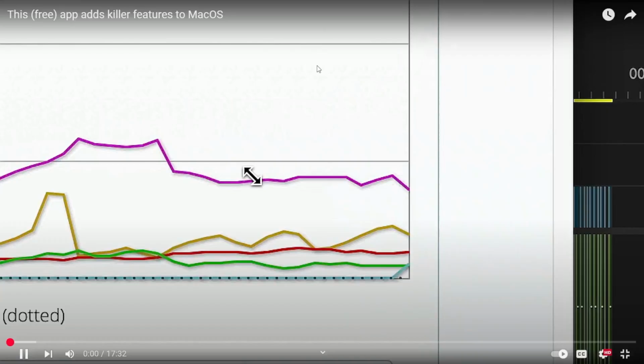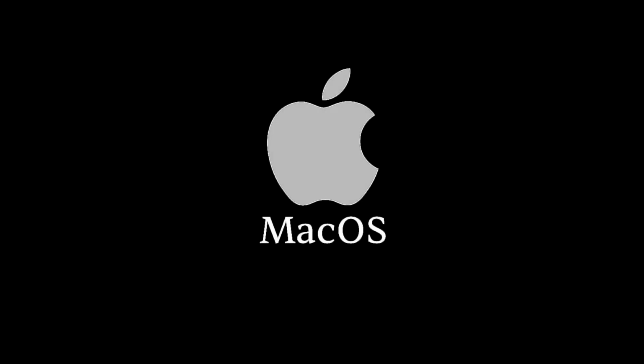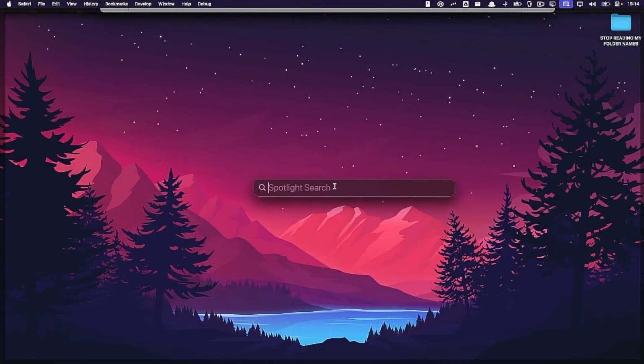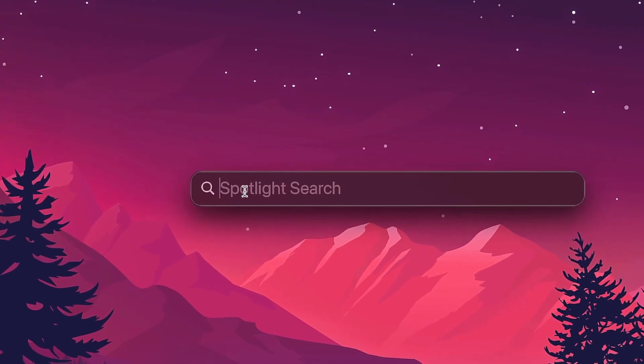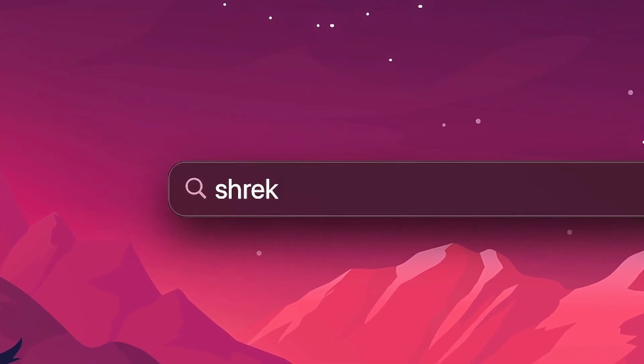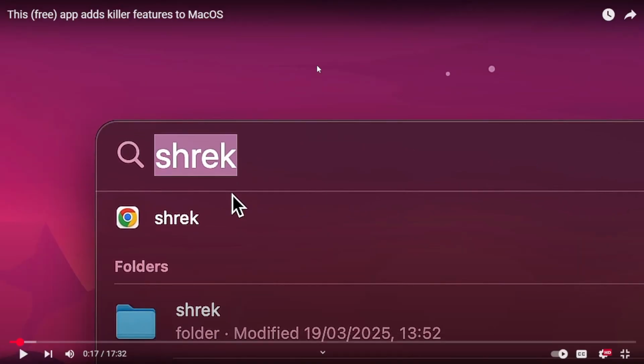If you're a part of the 14, almost 15% of people that use macOS, then you've probably at some point used the Spotlight search. It's essentially a universal search bar where you can look up things across your computer. Just give it some time and it's going to find it. Also, Shrek, or not. Oh, I said Shrek because I thought it was on the screen, but Spotlight search is kind of like what